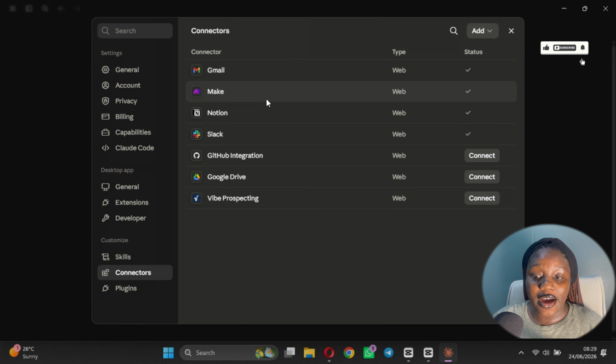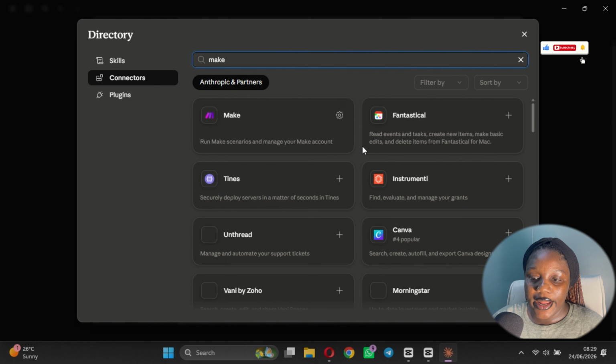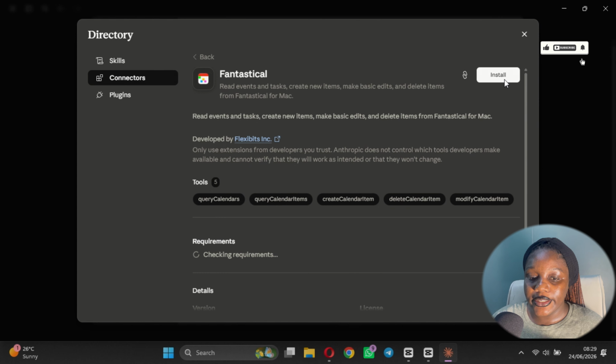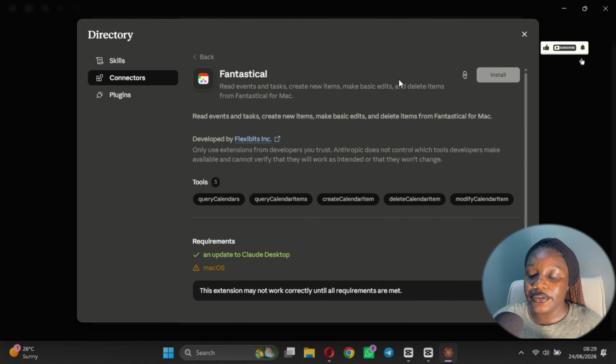So you can see that I have Make connected. But if I didn't, I can do add here, and then I'll browse through connectors. And in here, I would see Make, right? And I would see this plus sign here. So then I can just go to install and install it into Claude, right? So that's what you want to do. You want to install Make into your Claude so that it will be able to go in and create the